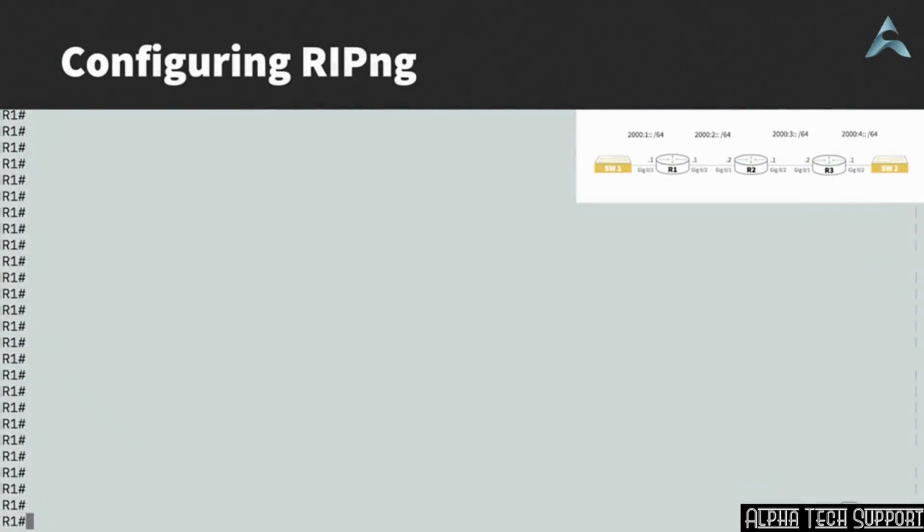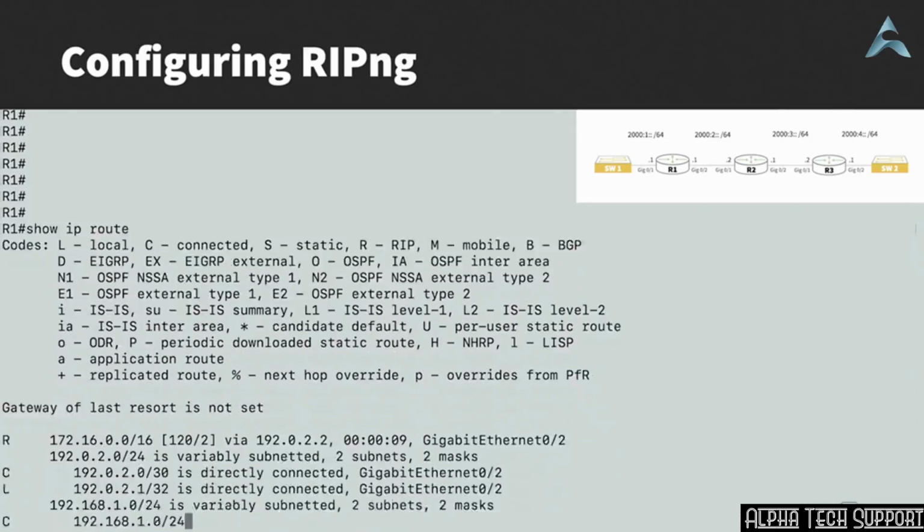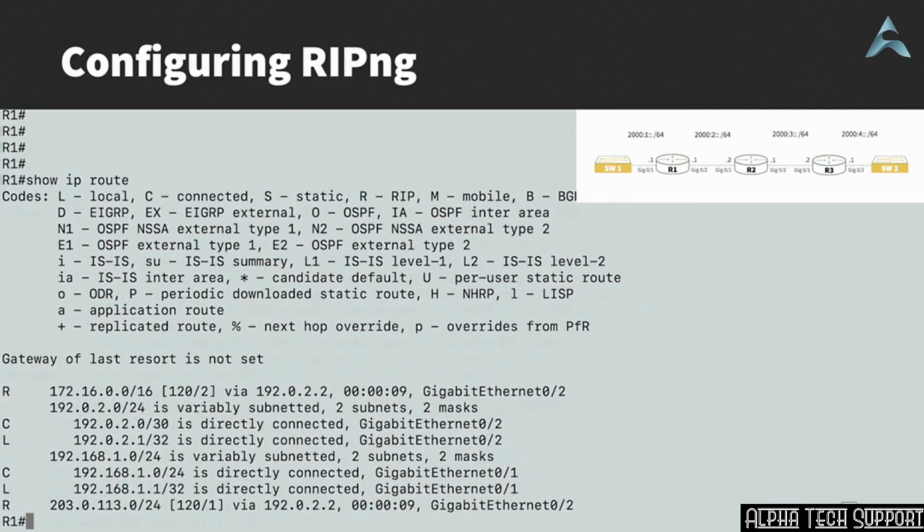You'll notice our topology is identical to our RIP version 2 topology. In fact, these routers still have our RIP version 2 configurations on them. I can do a show IP route, and we can still see networks learned via RIP. But we see in this topology that we also have IP version 6 networks, and we're going to use RIPng